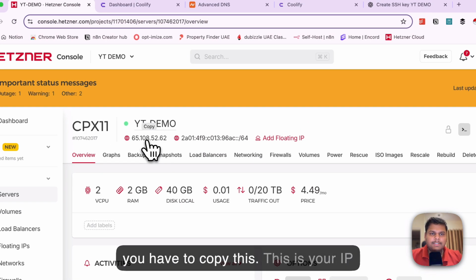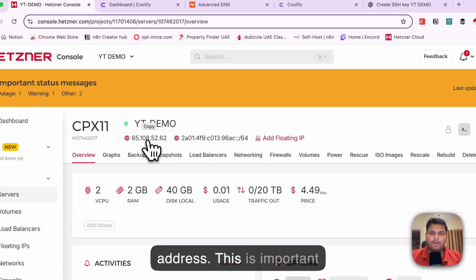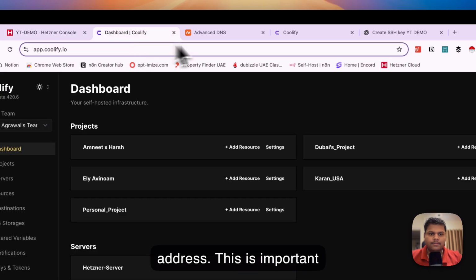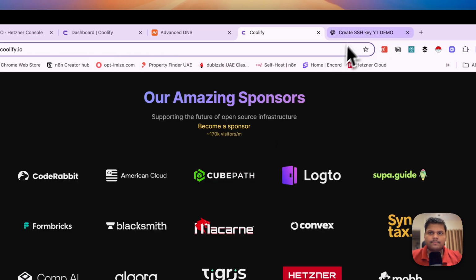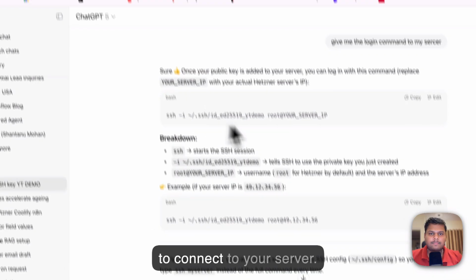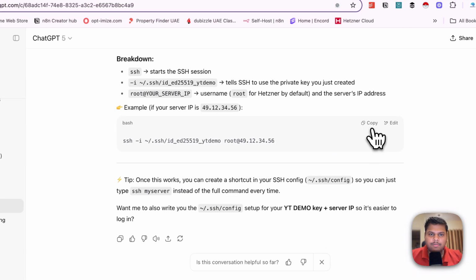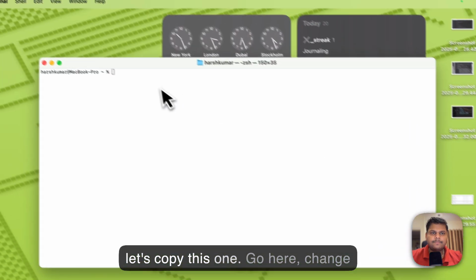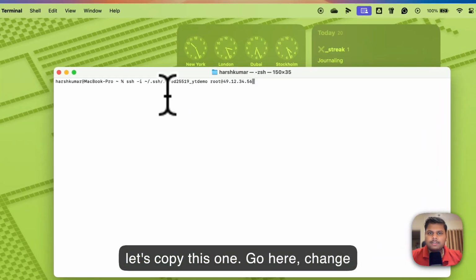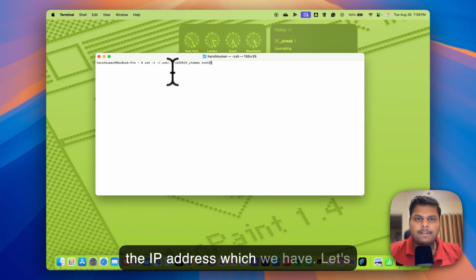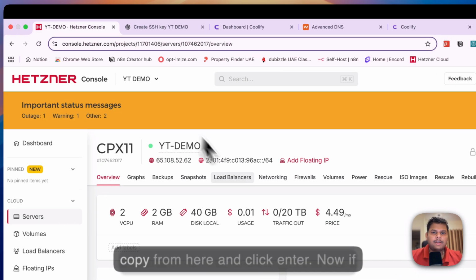So you have to copy this. This is your IP address. This is an important thing to connect you to your server. So let's copy this one. Go here. Change this IP address which we have. Let's copy from here